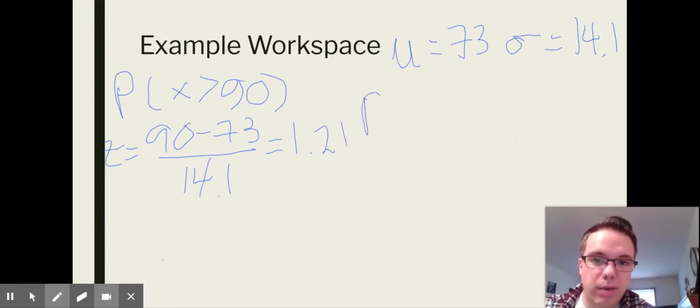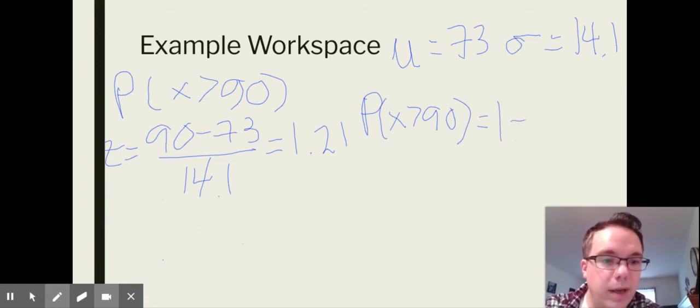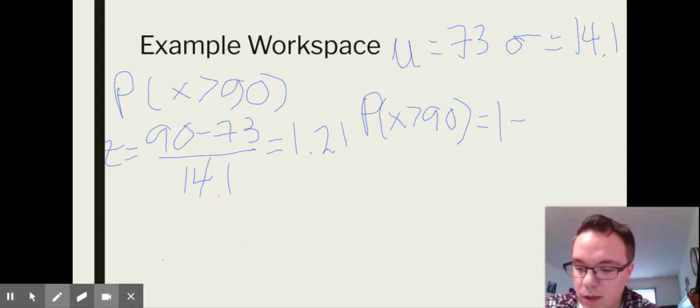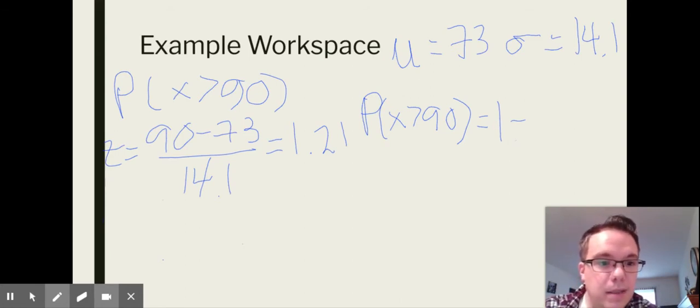To find our probability that we are greater than 90, we're going to find the probability of our z-score and subtract it from 1, because remember, the table gives us less than or equal to, and we want greater than. So we go to 1.2 on our y-axis and over to 0.01 on our x-axis and see what number we get where they meet. That number is